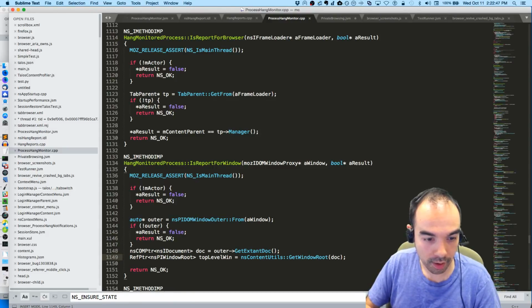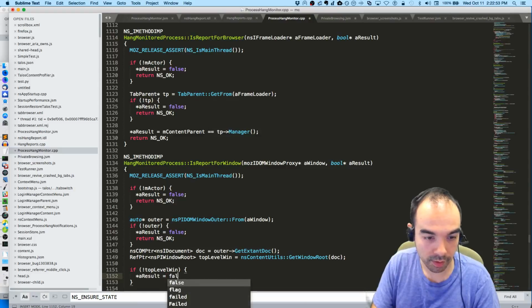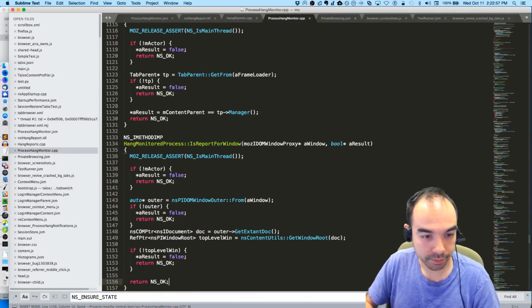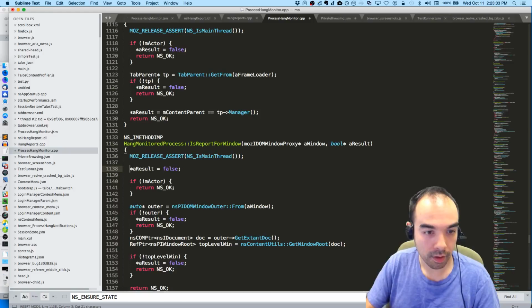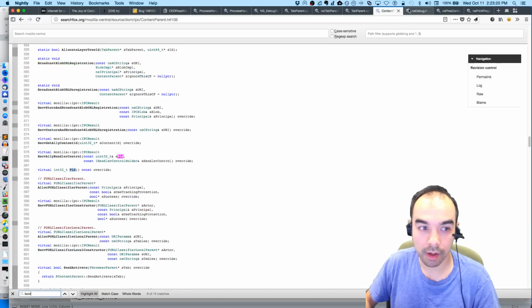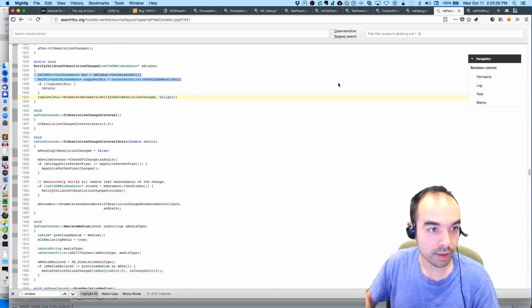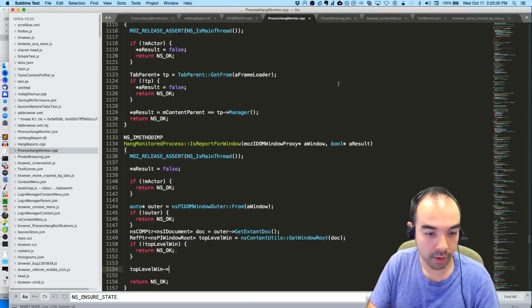Get the extant doc, top level win. If not top level win, result equals false, return as okay. Maybe I should just set result equals false to begin with. And then I'll say top level win, debug. We're going to iterate the, where is it? Top level win, enumerate browsers, and pass it